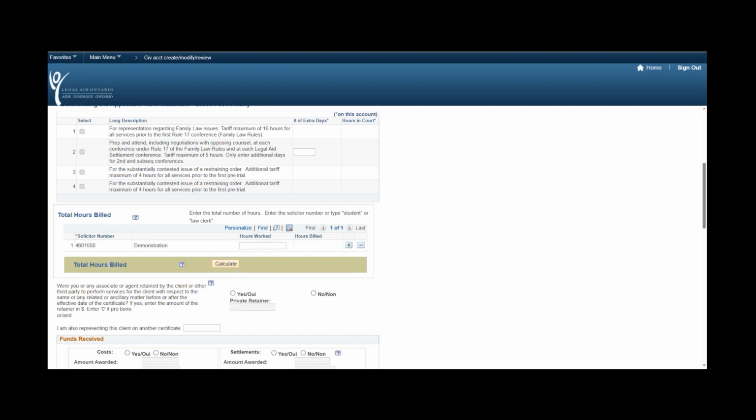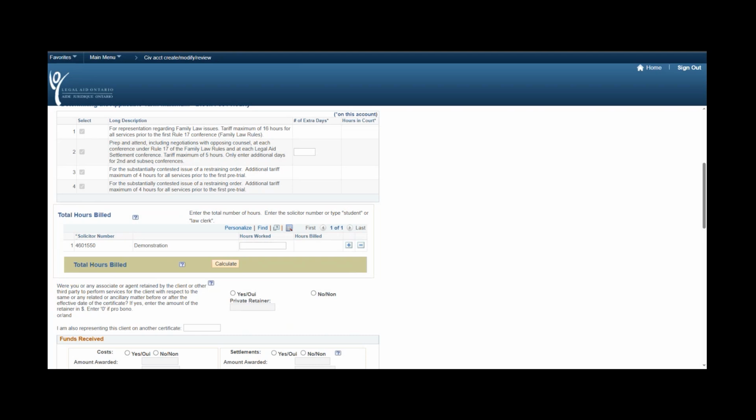This then essentially allows counsel to generate their own payments. If you are overpaid as a result of an incorrect entry, you will be required to repay legal aid for that overpayment. For the case conference or settlement conference authorization, both the attendance and preparation for your first conference, settlement